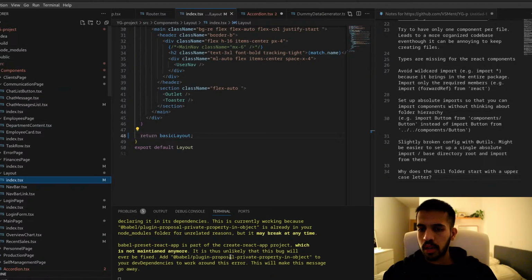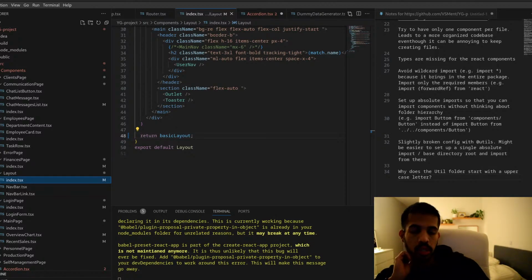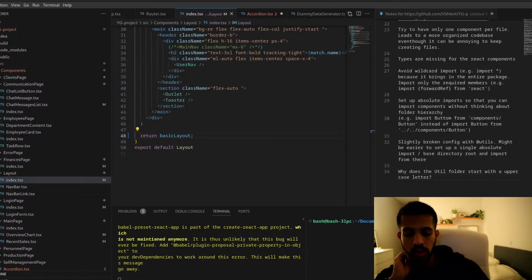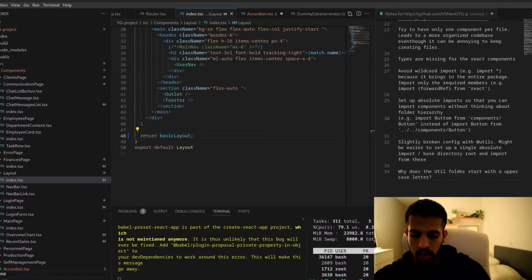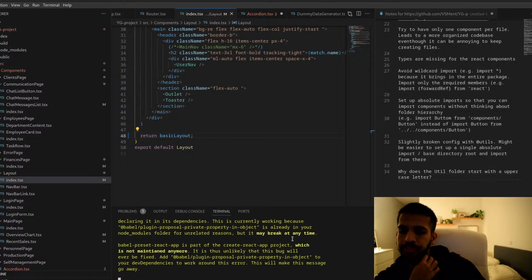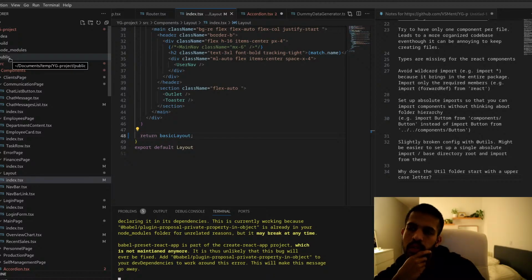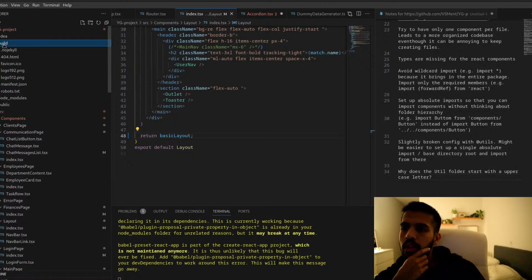Give it a while. It could just be because this machine is old. It was never meant to... It's around 12 years old at this point. It was never meant to be tackling this kind of stuff. But it's not very happy with all the things that I'm doing to it. Even on a machine this old, it shouldn't take this long, I feel. Let's see what the answer is.